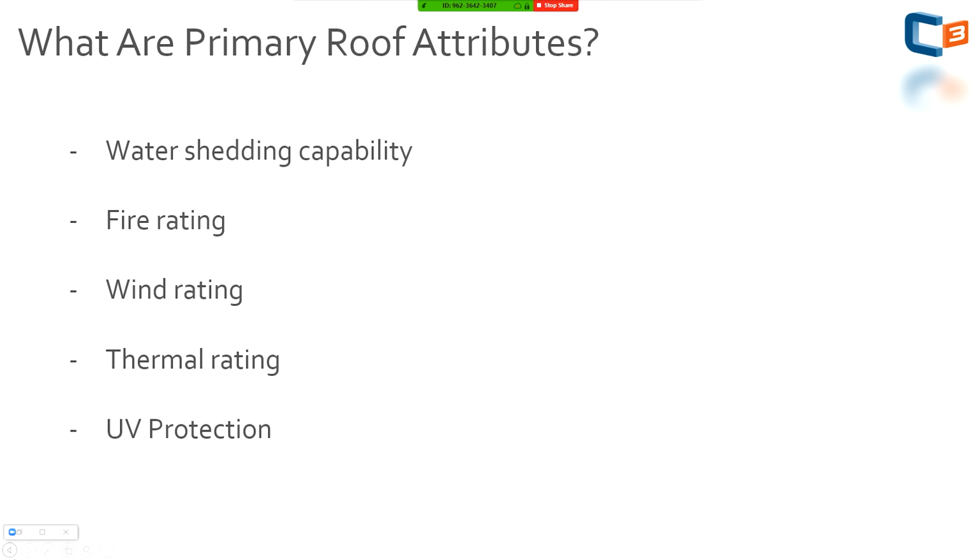So if we apply that to every roof attribute, which is, sure, water shedding capability is one of those, but you also have fire rating, wind rating, thermal rating, UV protection. And if you have any kind of damage to any of these attributes, it's a reduction in serviceable life. It could affect the performance. It could affect numerous things. So we like to come into these and really look at each attribute and kind of just have a check mark in your head. Is it damaged? Is it not? Make it black and white and set up a standard in which you know when it crosses